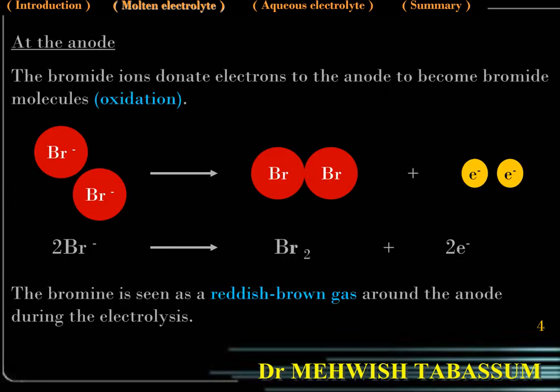As we know that oxidation takes place at the anode, bromide ions that are anions will lose their electrons at the anode to follow oxidation. What we'll see